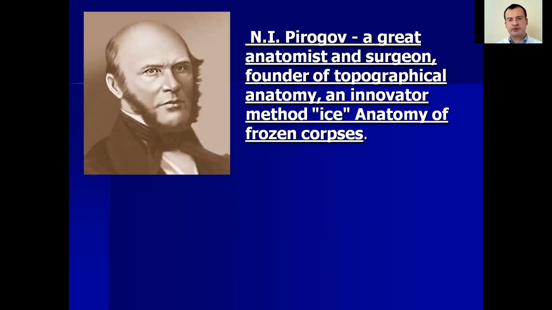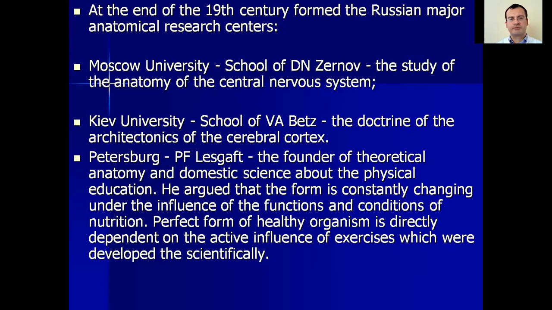Nikolai Ivanovich Pirogov, a great anatomist and surgeon, founder of topographical anatomy and innovator of the method of ice anatomy of the frozen corpse. At the end of the 19th century, major Russian anatomical research centers formed: Moscow University, the school of Zernov, the study of the anatomy of the central nervous system; Kiev University, the school of Bets, and the doctrine of the architectonics of the cerebral cortex; Petersburg,